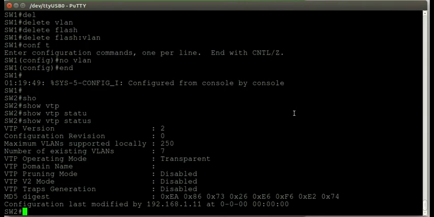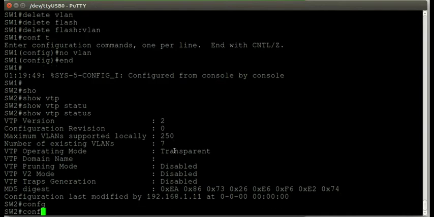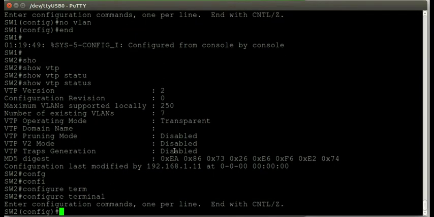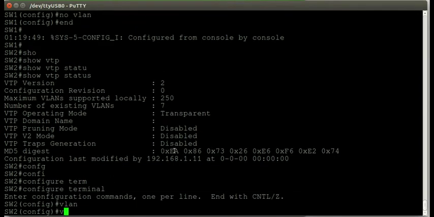As you can see, it's in transparent mode and doesn't have a domain name. The number of existing VLANs is 7, because remember I configured VLANs 10 and 20 before in VTP transparent mode. So now I'm going to go to global configuration mode, configure terminal, and use the command vtp